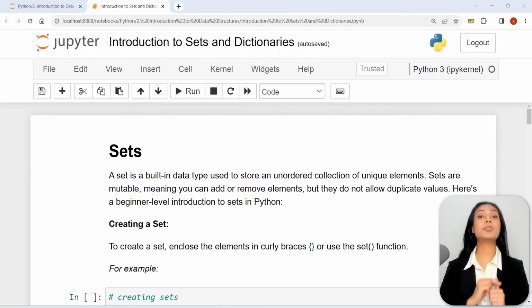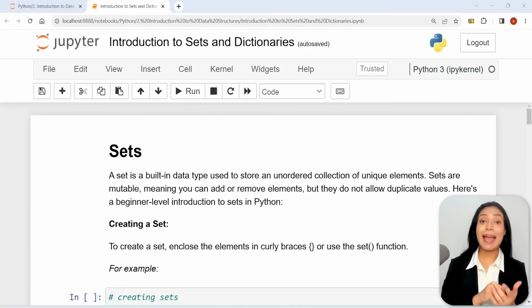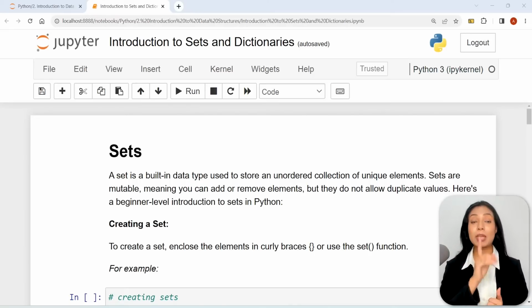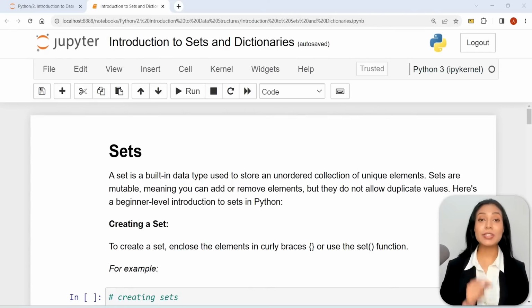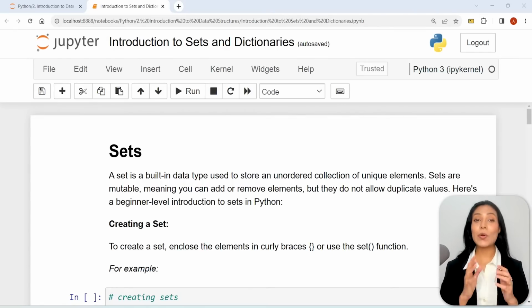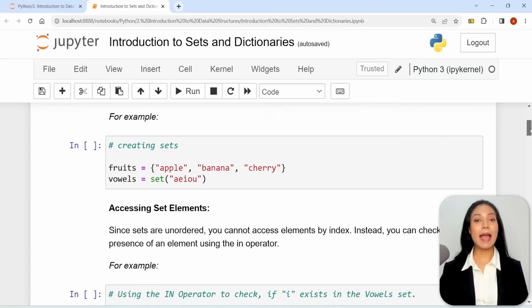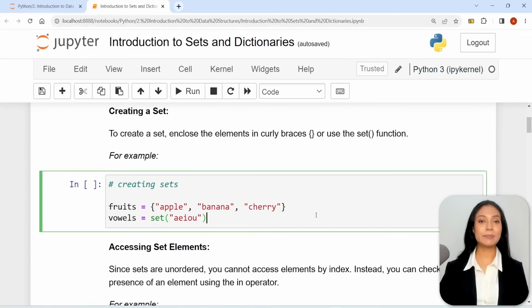Now, sets are mutable. That means you can add or remove elements, but they do not allow you to duplicate values. In Python, sets are created using curly brackets or using the set function. Let us check how to make a set. Fruits is equal to apple, banana, cherry. Vowels is equal to set